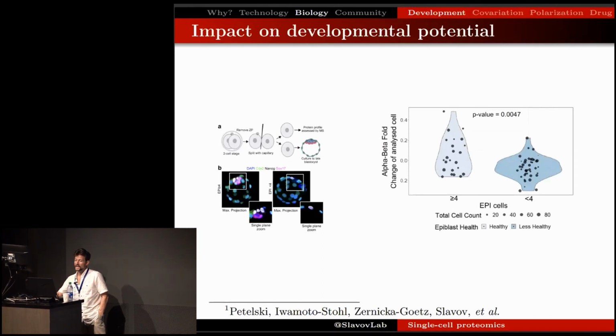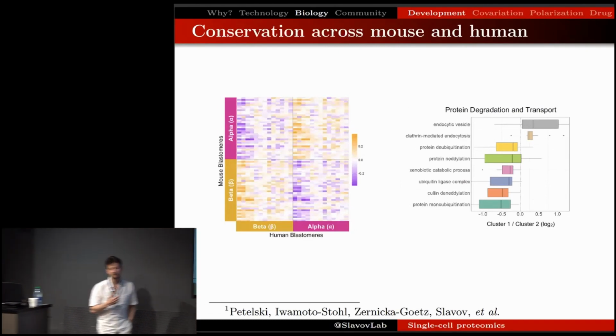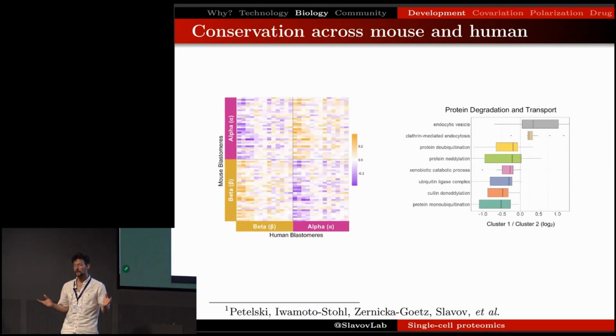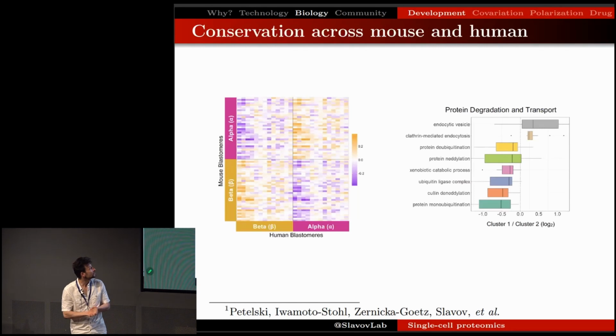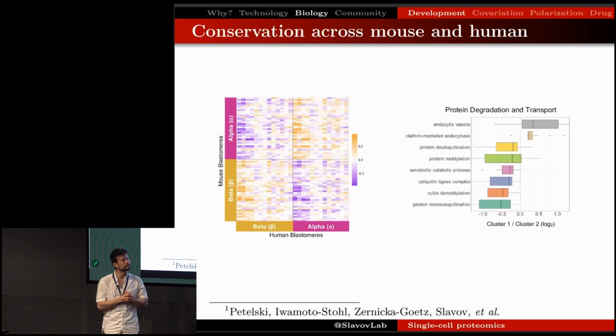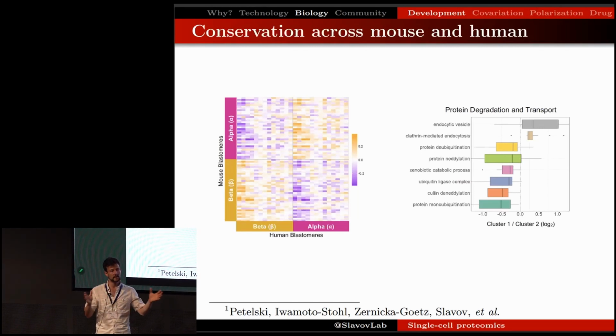Now, these data that I showed you initially came from mice, but of course we were interested how relevant they are to humans. So we were able to do some of those measurements also with human embryos. And we found that the differences are highly conserved, that we see the same proteins being different in human embryos. And the enrichment of biological functions is suggesting that what is driving that first breakage of symmetry is protein transport